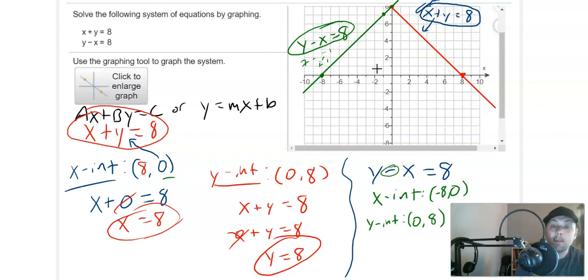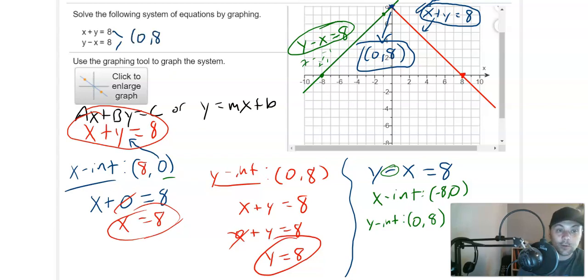I'm looking for a point that is a solution to both equations at the same time. That point will be where the two lines cross each other, which will be right here. Normally it's not going to be one of the points you're finding for your graph, but that happened in this case. It's this point here at 0, 8. 0, 8 is on the red line, so it's a solution to this equation. 0, 8 is on the green line, so it's a solution to this equation,